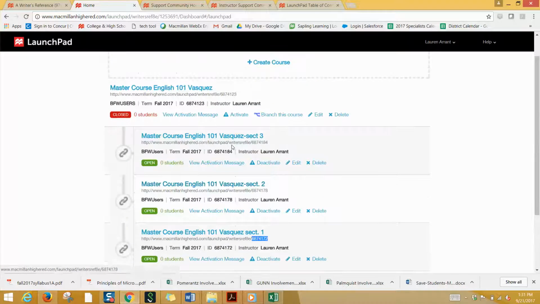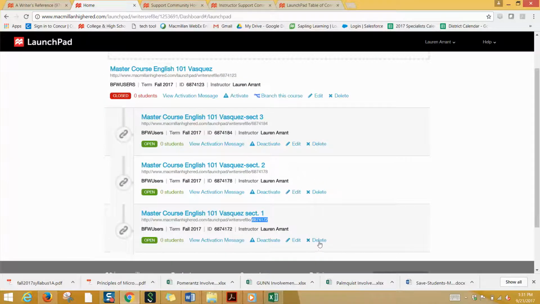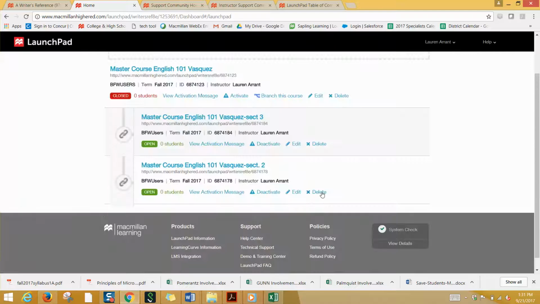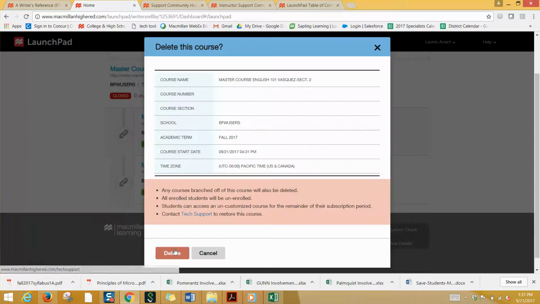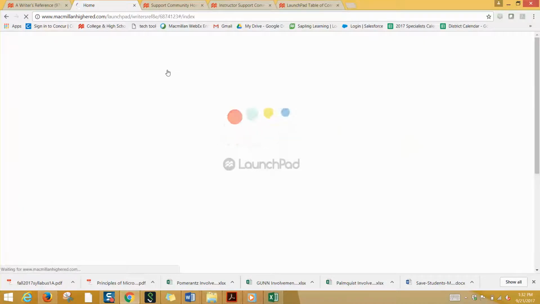Anything that I do in this master course is going to flow into here and basically save me time. So I'm going to go ahead and just delete everything that I've done here. I just wanted to show you that for demonstration purposes. But getting back into this course, I'm just going to click on it and show you what's in LaunchPad for